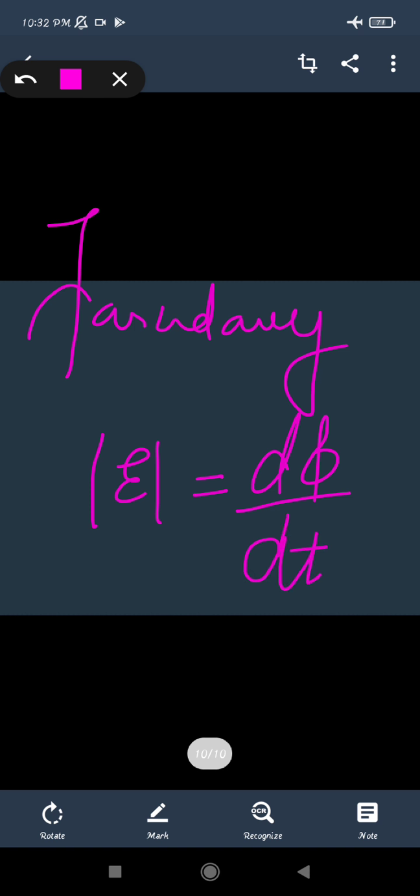The first is that the magnetic flux linked with the circuit will induce EMF in it, and it lasts only as long as there is a change in the flux. If there is no change in the flux, then the magnetic induction will not occur, that is, EMF will not be induced. The second law tells us that the magnitude of the induced EMF is directly proportional to the rate of change of flux linked with the closed circuit. So this was the formula for Faraday's second law, and the first law was similar, but it tells us that a change in the magnetic field can induce EMF in a conductor.